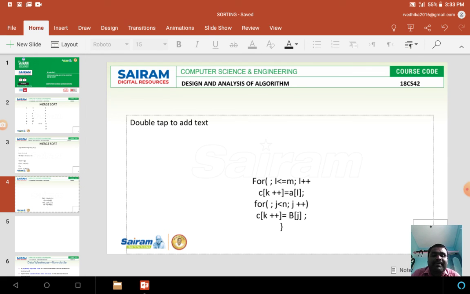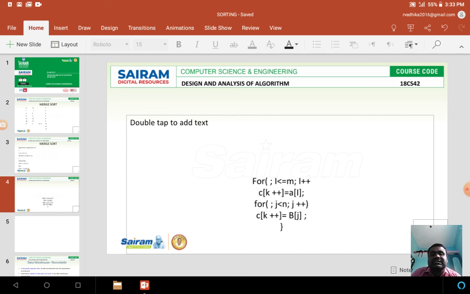Likewise, in the B array, if any element doesn't have comparison, I use a for loop with j less than or equal to n, j plus plus, C of k plus plus is equal to B of j.